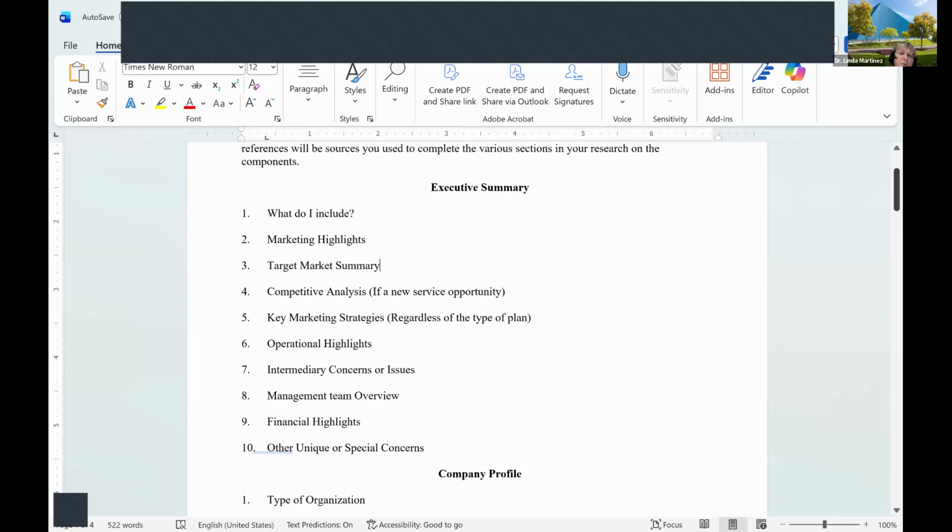Maybe if you think of some grant you can get, like if you're trying to open up a free clinic on Venice Beach, or somewhere, and there's a grant that's available, you're going to have to find that grant and tell me what the name of that grant is. If you think you're going to get money from some organization or from the bank, then that's part of your financial highlights. How much money do you think it's going to take to start it up?